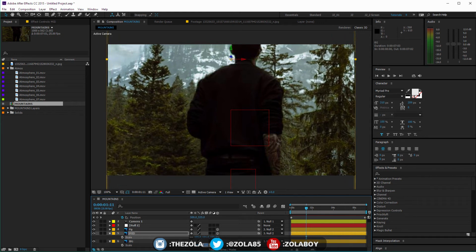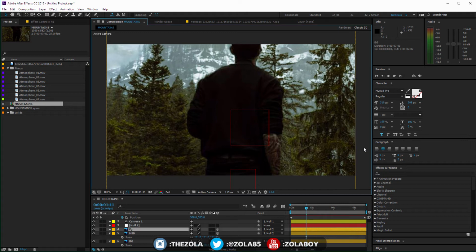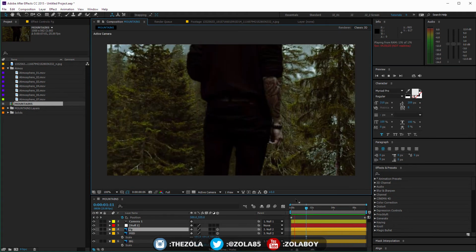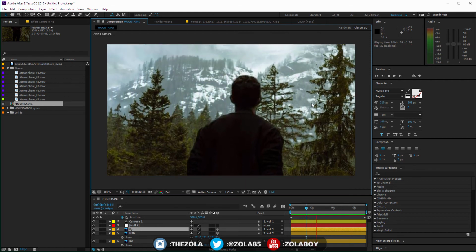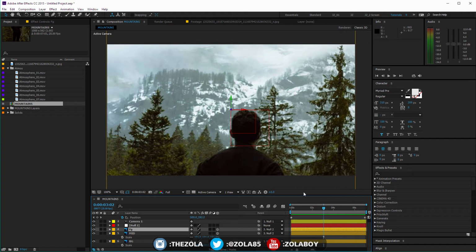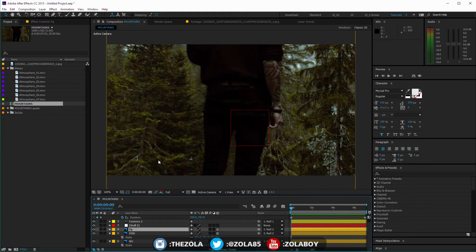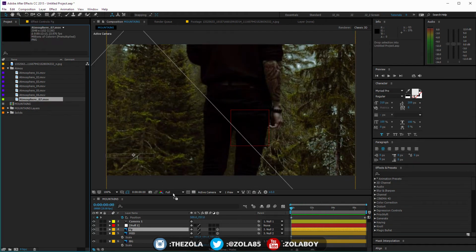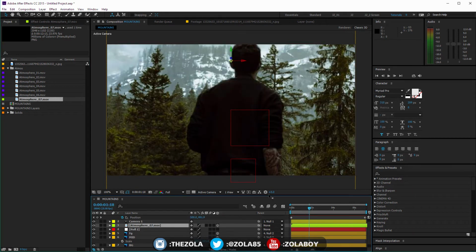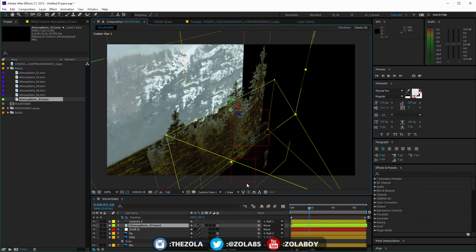Let's just scale this so it's wide enough to fill the frame, and let's see that. As you can see now, we're getting way more of a difference between the trees and the foreground and the background, and this is where the fun stuff comes in, because I've got this atmosphere element, and I'm going to drop this in, and I'm going to make this 3D as well. Let's have a look where that is in position.